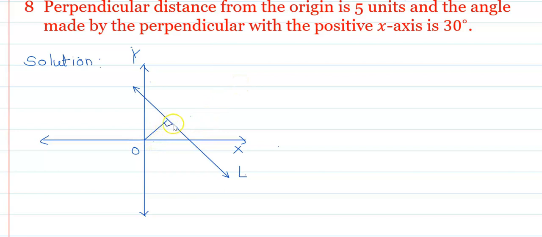The measure of this angle is 90, here the angle is 30, and this is the length P. This is M. Therefore, by the normal form,